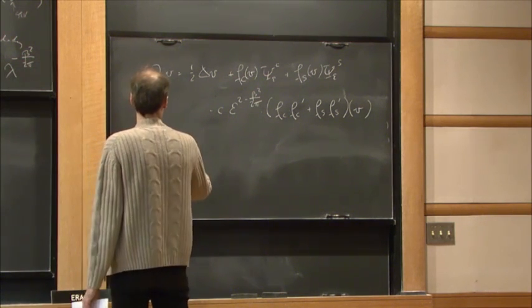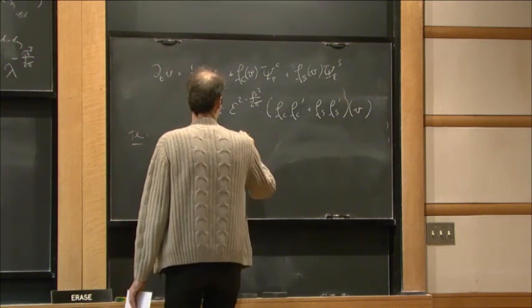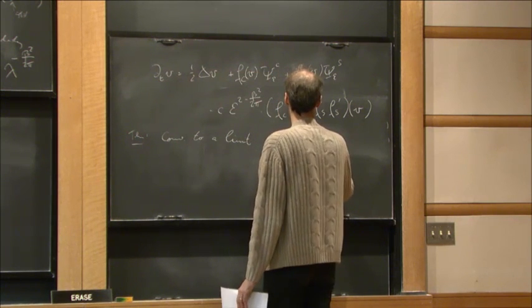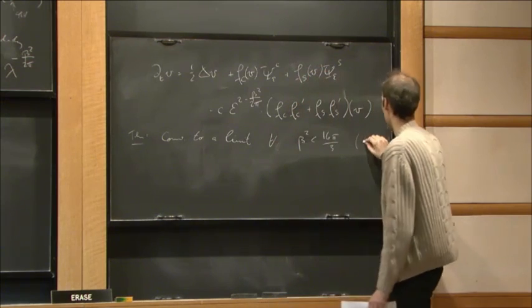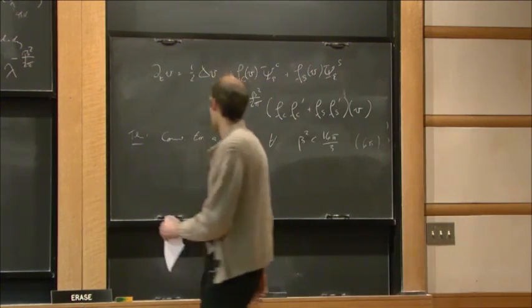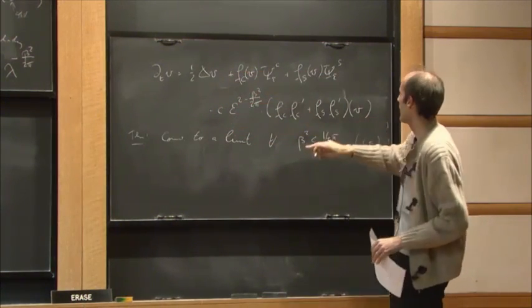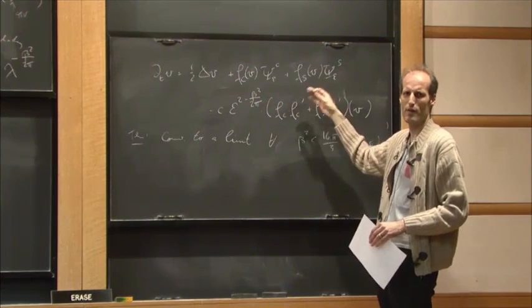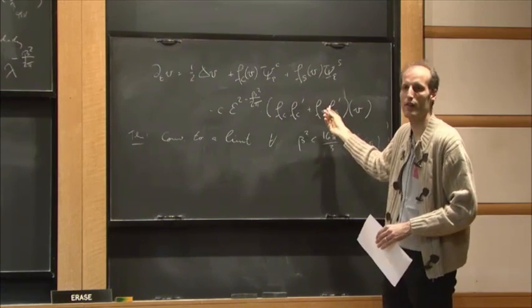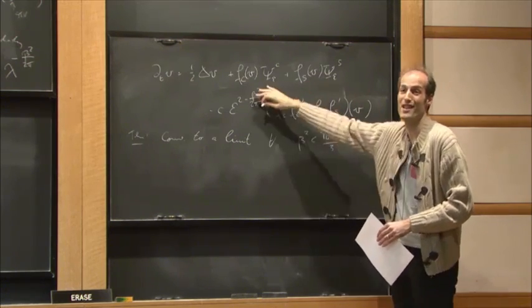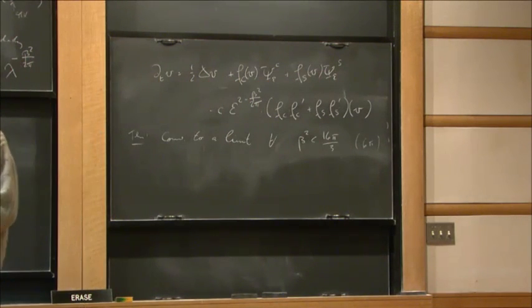And actually, we think it's true up to 6 pi even. So here you have convergence to a limit for beta square less than 16 pi over 3. And we really think it's actually 6 pi. Now you see, in the case of the model we're looking at, one of these is a cosine, one of them is a sine, and so you get sine times cosine minus cosine times sine, and so it cancels out. So you don't see this term. It just disappears,